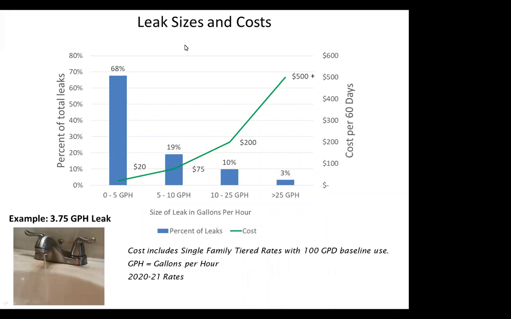This extra cost only represents the cost of water, and in many cases there may be additional charges for wastewater, sewer, or energy if the leak included hot water. The image in the bottom corner shows what a leak of around 3 to 4 gallons per hour would look like. To increase your ability to be notified of a leak, we recommend account holders log into our portal to confirm contact information, review communication preferences, and view their water use. Let's take a look at our online customer portal.